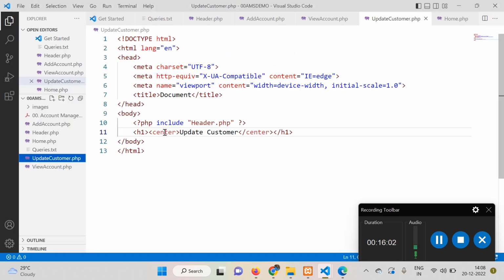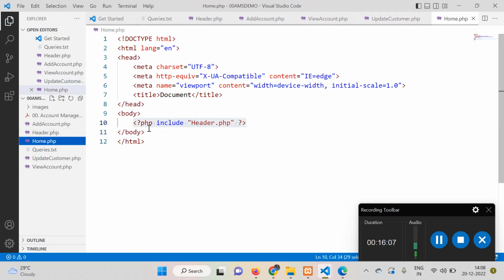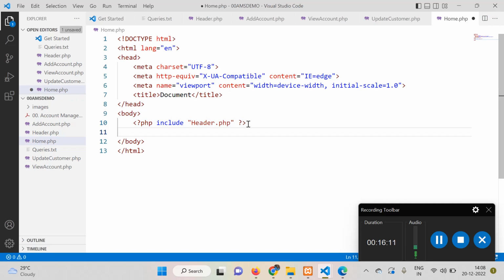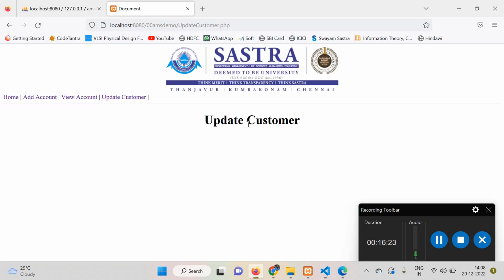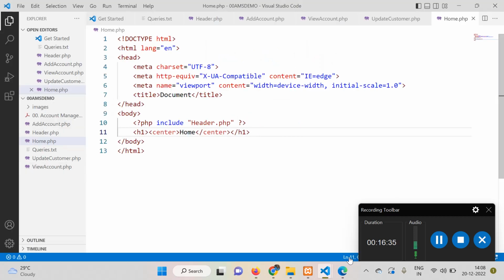So for that, a home page also we can display. Update customer, home page. So this is how we can identify them. So the required number of pages is now designed. So now see the requirement of how to design